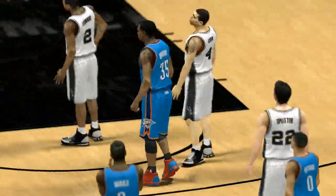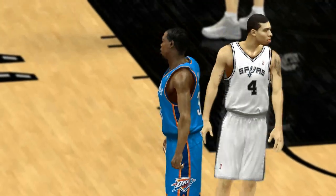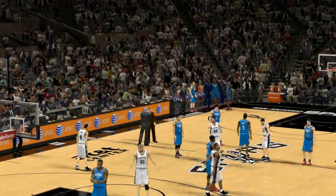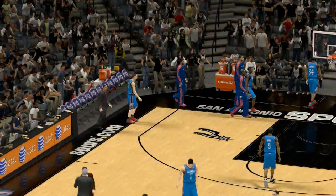And that should do it. This is an insurmountable lead. Yep, there's too little time left, too big a deficit to overcome. This one's over. So it's Oklahoma City picking up the win. Both teams played well, but these guys had the edge. Yeah, I think so. They were just...